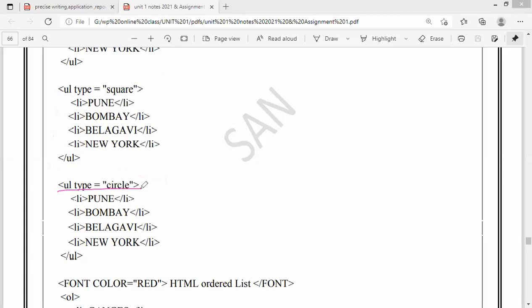Now I have taken type equals circle. Remember that there are only 3 bullets, guys. Okay, we can only take what? Circle, you can take square, or you can take disk. These are just like keywords. Okay, these are just parameters. Or you can say the values that you pass for the type parameter, right? So you cannot pass any different values. Don't write like oval, any other squares, polygon and all. You can pass only 3 parameters to the unordered type. Is it clear?